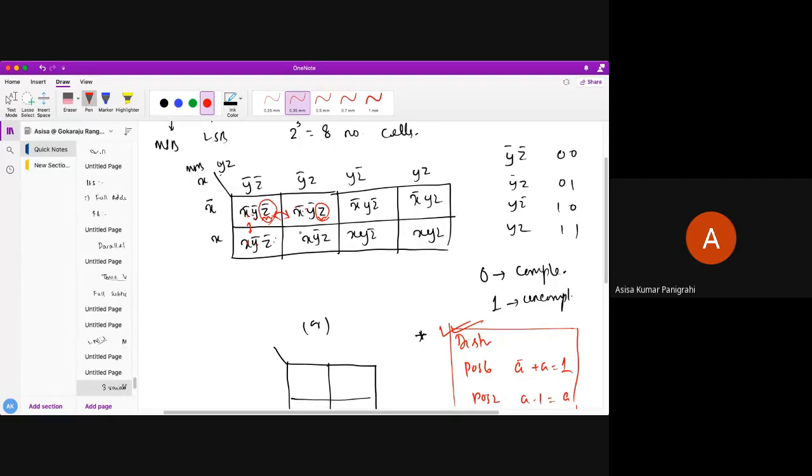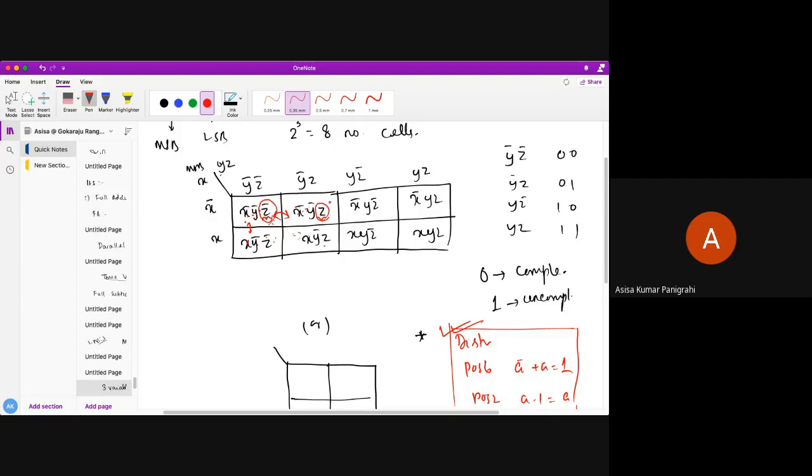Now you can see between these and these, how many variables change? There is a change in x as well as a change in z. So these two are not adjacent minterms. All of you understand? These two are adjacent, and these two are adjacent. So you can combine either these two or these two, if both of them are 1. But you cannot combine these two 1s. Understand, students? Very simple. Always remember the place values or the minterm values should have only one change.